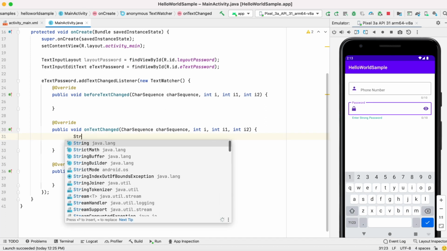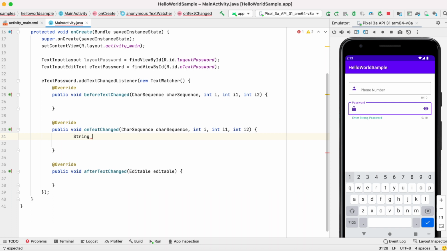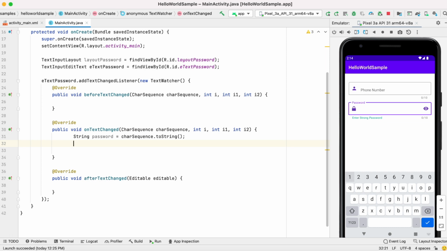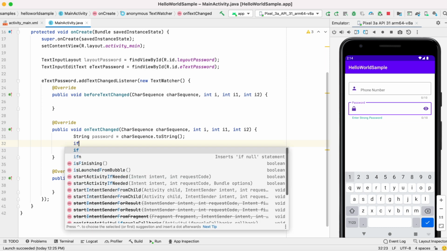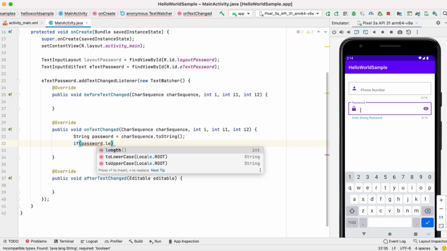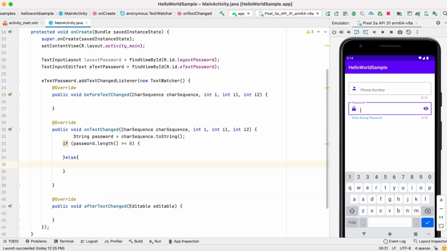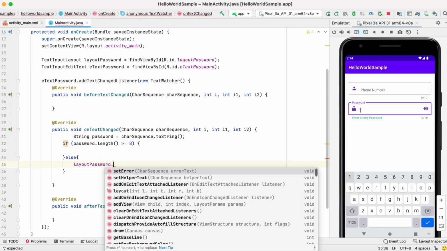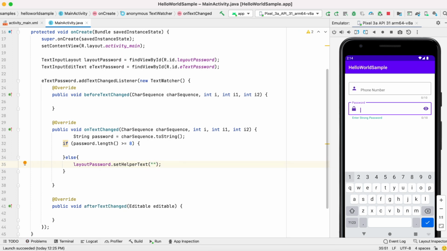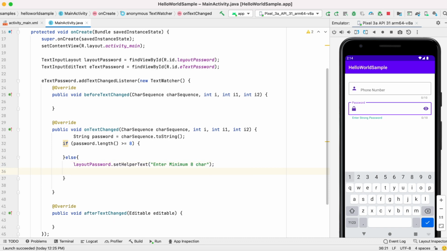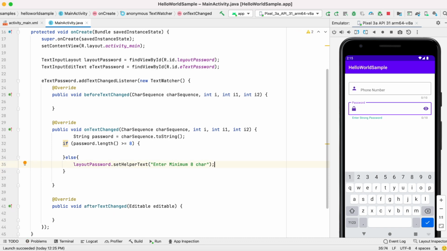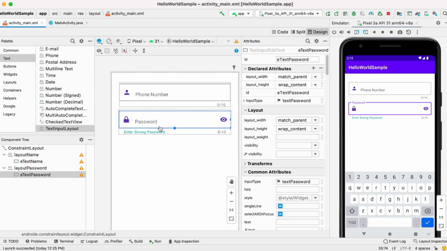On text changed, I take the character sequence first, that is my password, and the password has to be minimum 8 characters, in which one special character has to be there. If it is not there, we are going to give an error message. First, if the password is less than 8 characters, I will show helper text as enter minimum 8 characters.